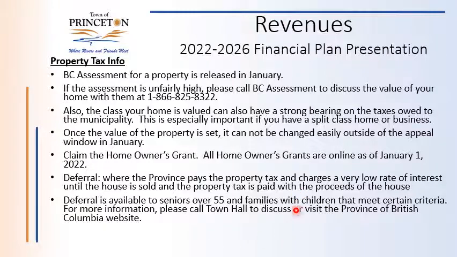The province maintains homeowner grants now. They're all online. So if you Google homeowner grant British Columbia, it'll link to the province's website. You fill in a couple of screens, and they are happy to process the homeowner grant application. If you have all the information in front of you, it takes less than 5 minutes. Homeowner grants in British Columbia are $770 for the basic grant, and $1,045 for what they call the additional grant.